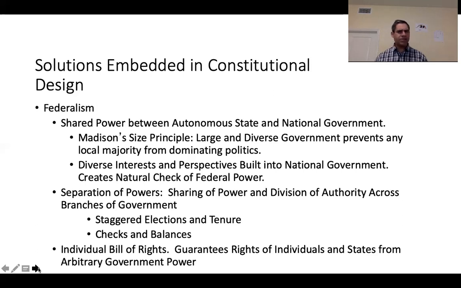Well, what Madison's going to argue is that by virtue of being geographically diffuse, preferences are going to be distributed differently all throughout the country. Preferences in the American South will be different from those in the Northeast. People in the Northeast will have a different take on government than those in the Midwest. People in the Midwest will differ from those in the Mountain West, the Pacific Northwest, the Southwest, or in California. So all of these people have different visions of life. They have different ideologies, different preferences, but they have to make common cause in